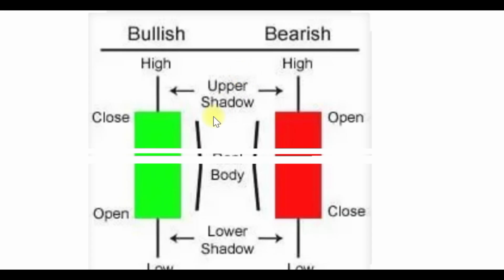The upper wick, or upper shadow, is the difference between the high of the day and the closing price for a bullish candle, whereas for a bearish candle it is the difference between the high and the opening